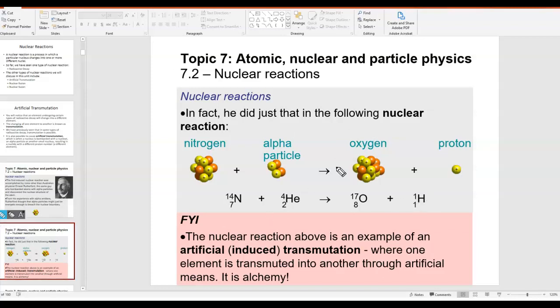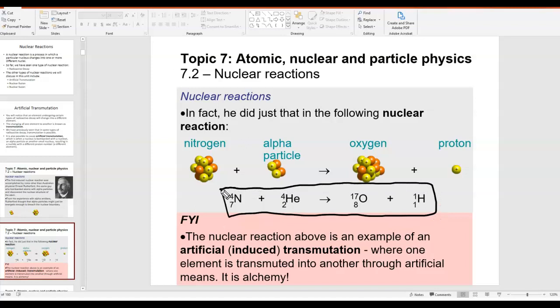And so this is a nuclear reaction equation right here. We've seen similar types of equations before when we talked about radioactive decay. They kind of look like chemical equations, but this is a nuclear reaction equation for artificial transmutation. On the left side, the reactant side, we start with nitrogen-14, we hit it with alpha particles, and as a product we end up with oxygen-17,